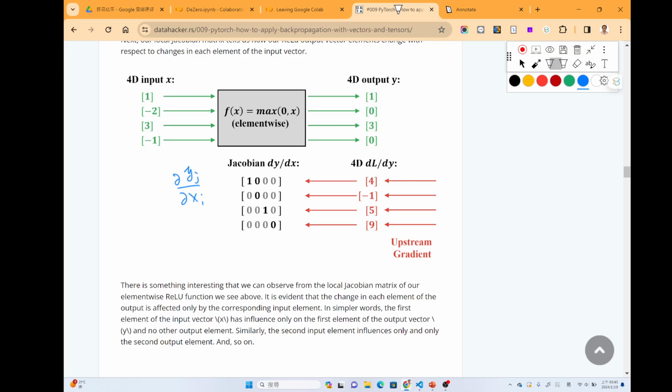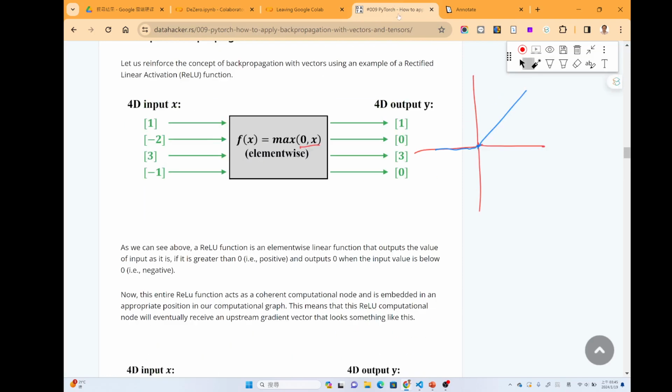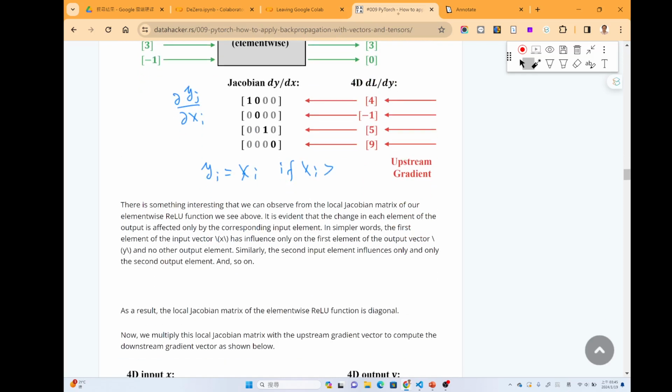The value of y_i is equal to x_i if x_i is larger than 0, and if x_i is smaller than or equal to 0, y_i will be 0.